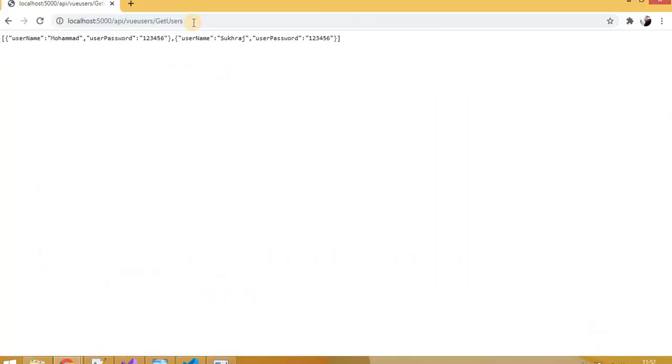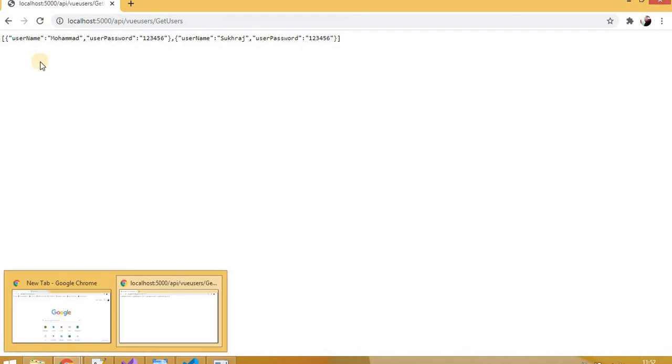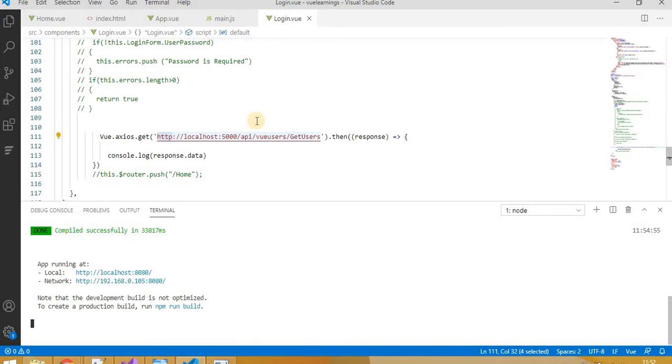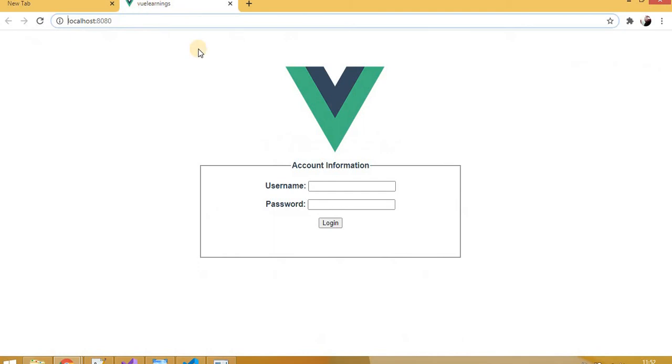Yes, now this is working. Now we will try to hit this particular user URL from our Vue.js application. No need to make any changes in the client side application. Let's try again to hit the application.